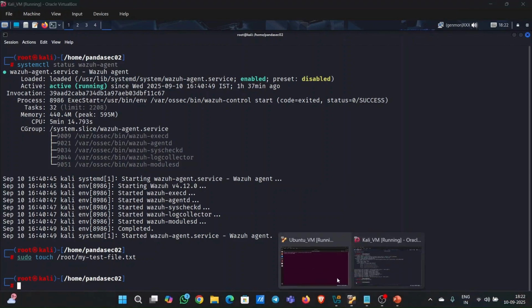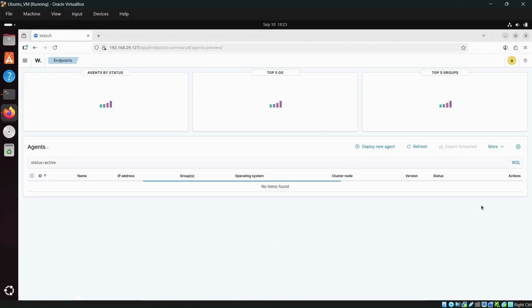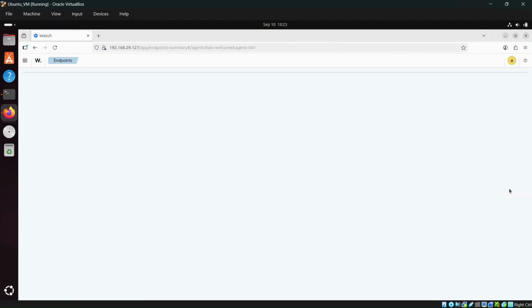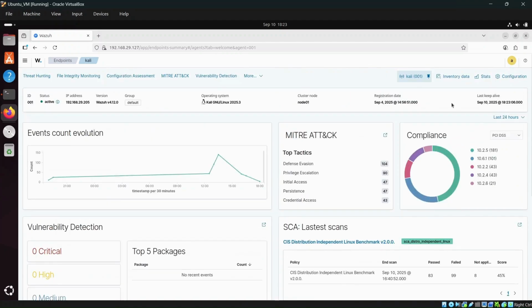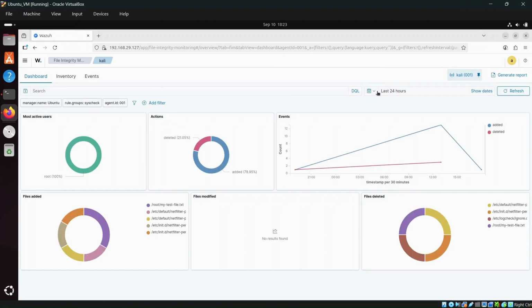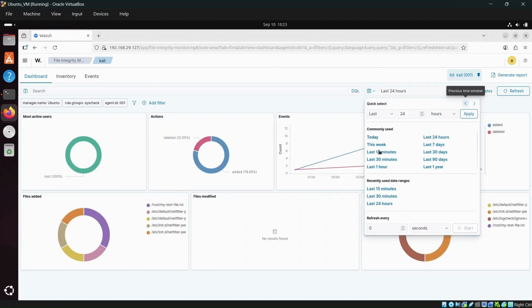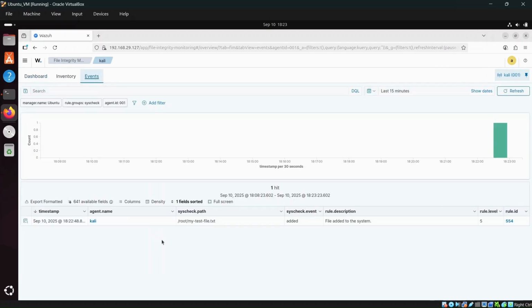Let me switch back to my Wazuh dashboard and open it. We can go to active agents, open FIM alerts, set the timer to the last 15 minutes, and go to events to view the events. So we can see